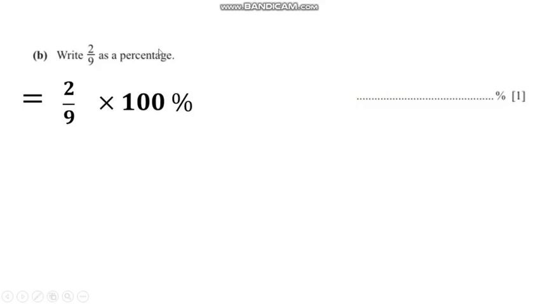So times 100%. Then from here, we are going to say 2 times 100%. This will give us 200%. So we write equal to, then we write 200% over 9. So here it's just a matter of dividing 9 into 200%. So 9 into 200%, it will go there,